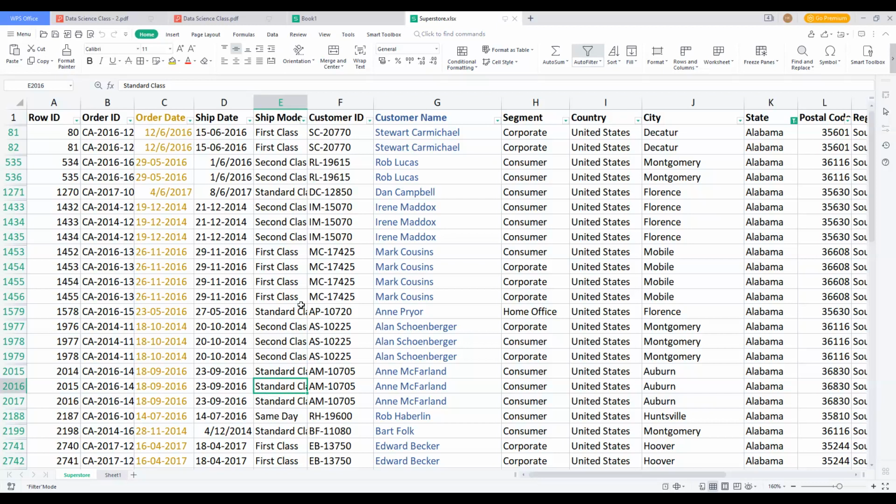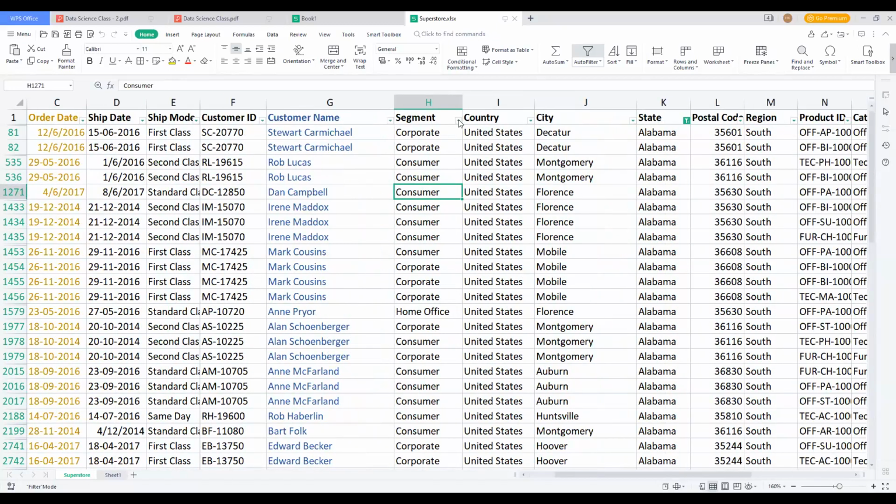So these are the different ship modes, and these are considered unique categories. So we can consider this data as nominal data, right? Nominal data. Is that correct? Yeah. So we can consider this as nominal data, right? Nominal. Yes. All right. Yes, Swaroop.